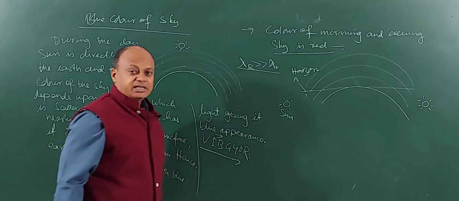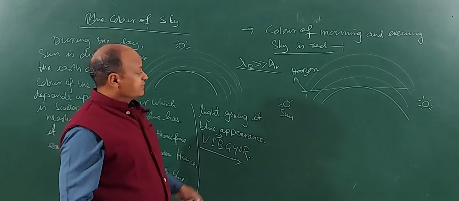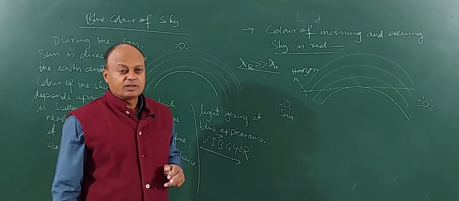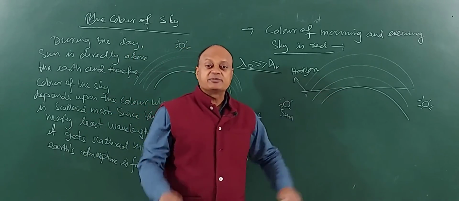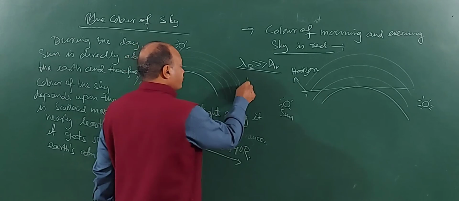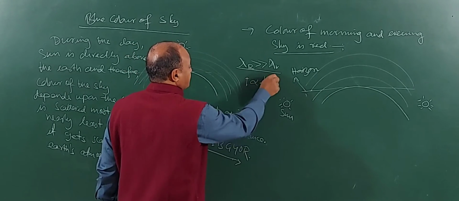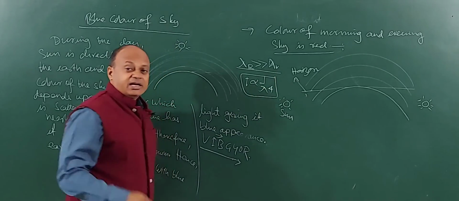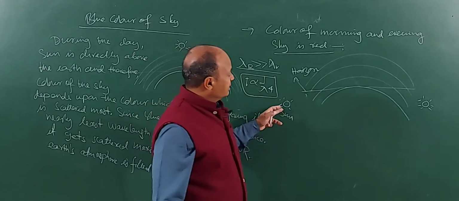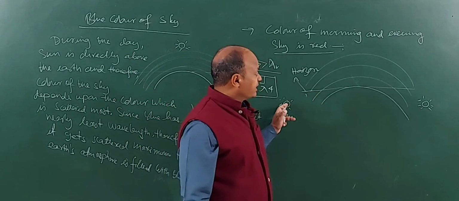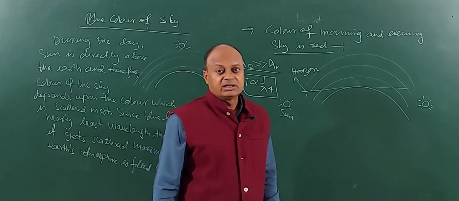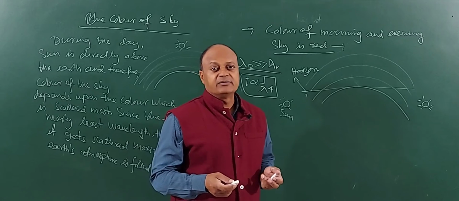So we say that in the morning and evening, when the sun is far away, all the colors having small wavelengths get scattered before reaching Earth. Now the only color which is able to reach Earth's atmosphere is red. And why red? Because according to Rayleigh's law, if you go back to it once again, I is inversely proportional to lambda to the power 4. So you find that red is scattered least. So in the morning and evening, all the colors get scattered and only red color is able to reach what? Earth's surface. Therefore, Earth's atmosphere remains red in the morning and evening.